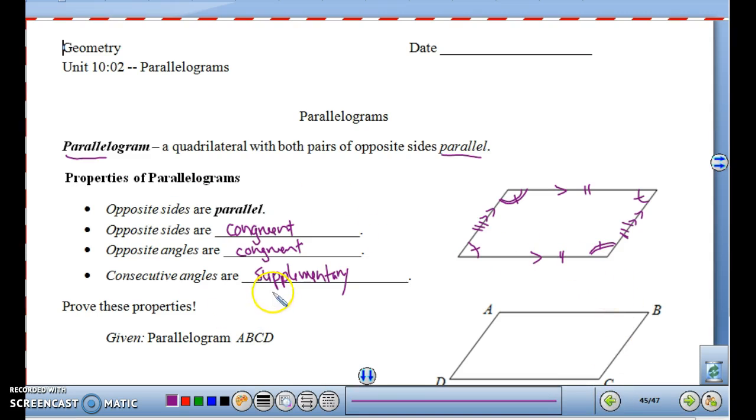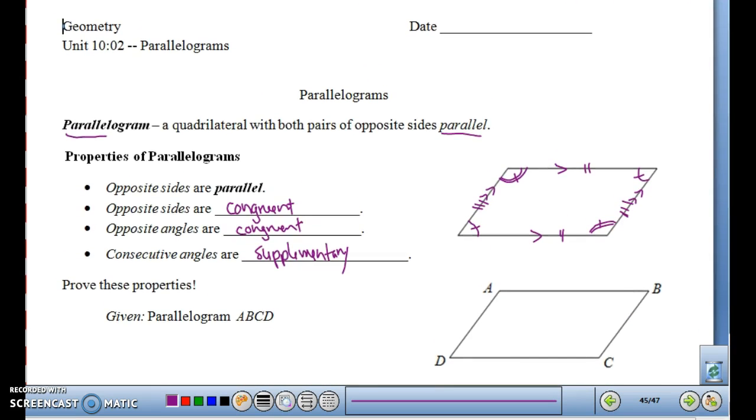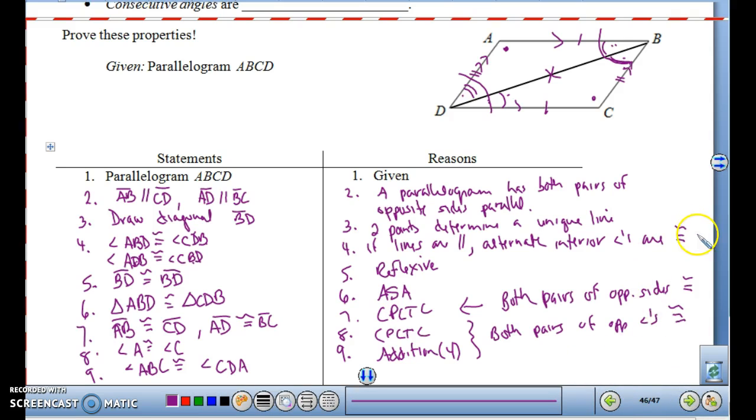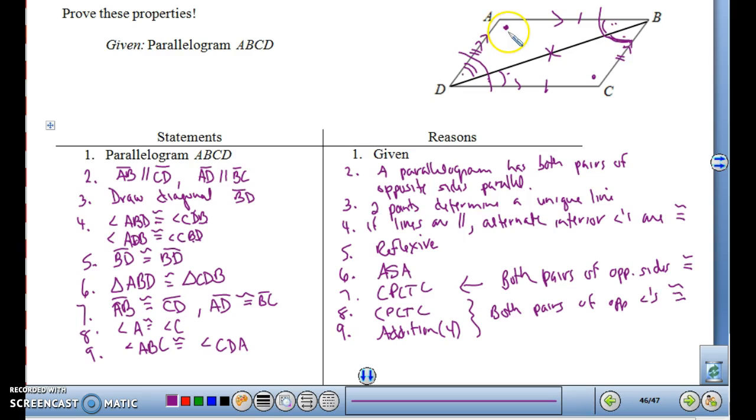And I also want to prove that consecutive angles are supplementary. That's my last one. All right, so I need a pair of consecutive angles. Let's look at the consecutive angles. Let's look at angle A. Consecutive means next to. So if I pick angle A,